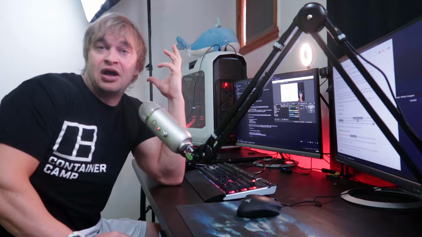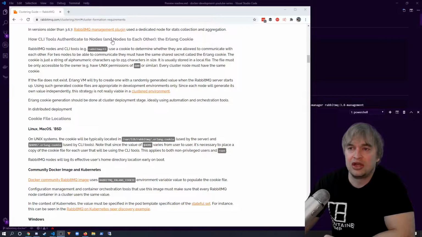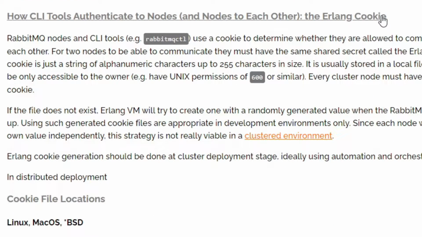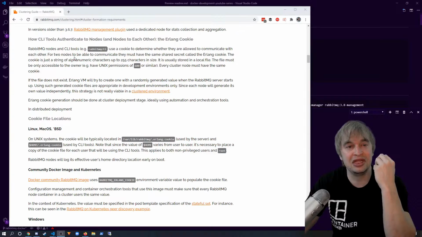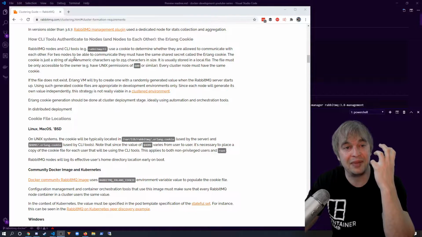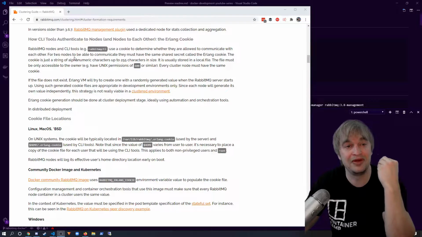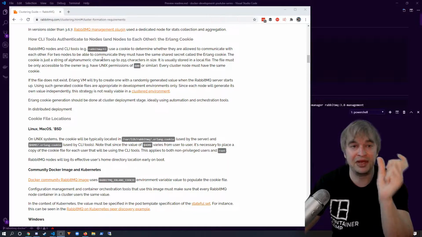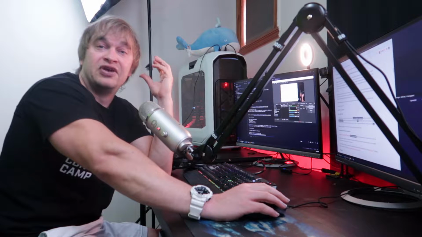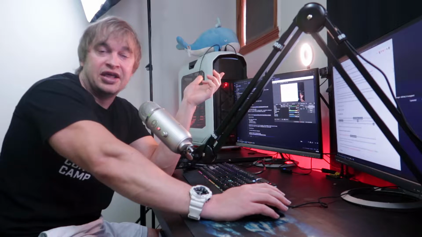Now, before we spin up our RabbitMQ cluster, it's very important to know how each of the instances in the RabbitMQ cluster authenticate with one another. If you look at the documentation, you'll see that the Erlang cookie is used to connect and authenticate with RabbitMQ instances. This gets used by the RabbitMQ CLI to talk to the RabbitMQ instance, so if we run rabbitmqctl,